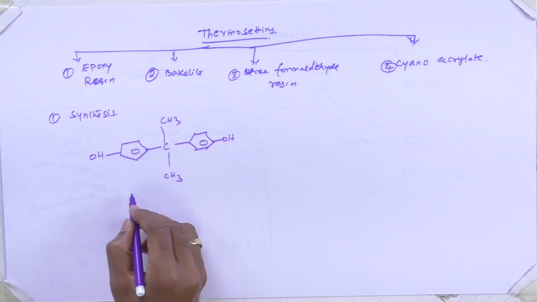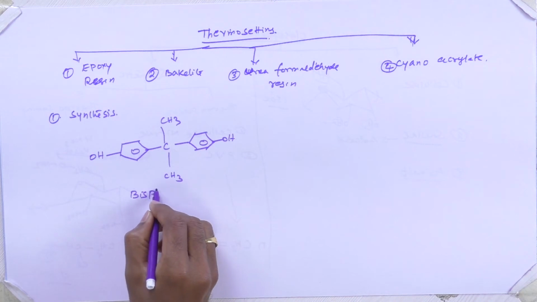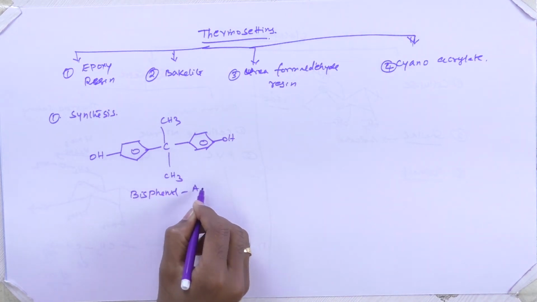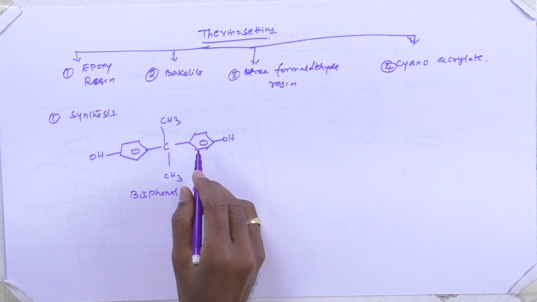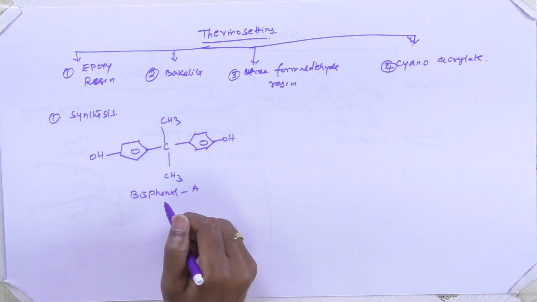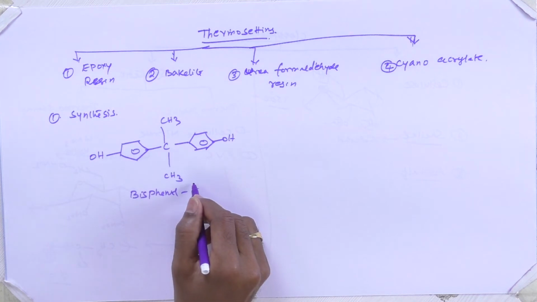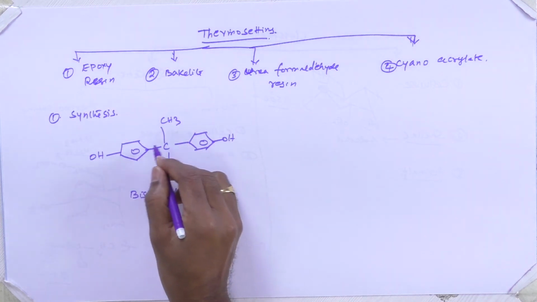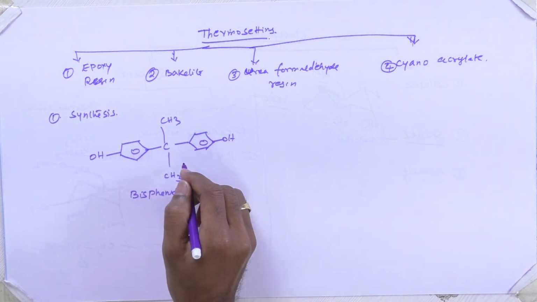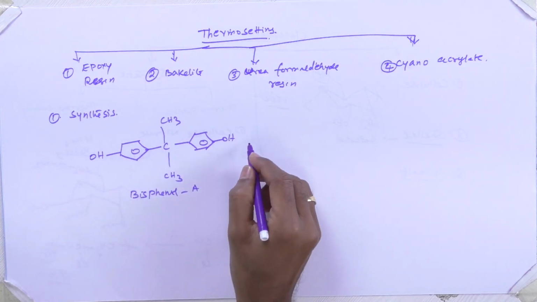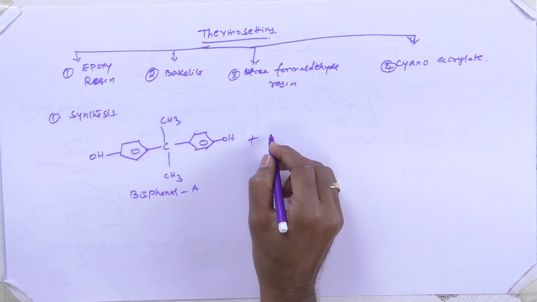This is called bisphenol A, and it can be easily synthesized from two materials. One is phenol. There are two phenol moieties involved, and 1 mole of acetone. This is the acetone moiety, and these two are phenol moieties. When these are subjected to the condensation process, it produces bisphenol A. This bisphenol A is allowed to react with